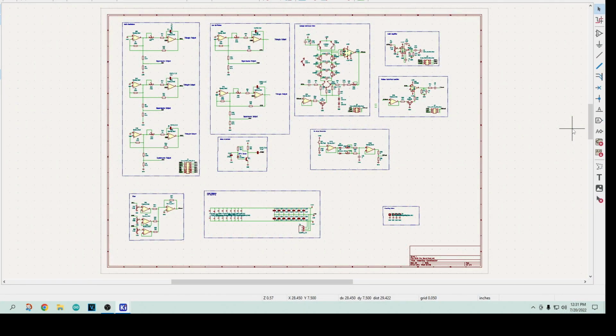So I've decided to make the transition from Eagle to KiCad for a couple reasons. The biggest being I can't do larger boards. The free version of Eagle limits me to like a 10 centimeter by 10 centimeter board, or yeah, 100 millimeter by 100 millimeter. And I wanted to do a bigger board, and it seems as though that's going to maybe be something I